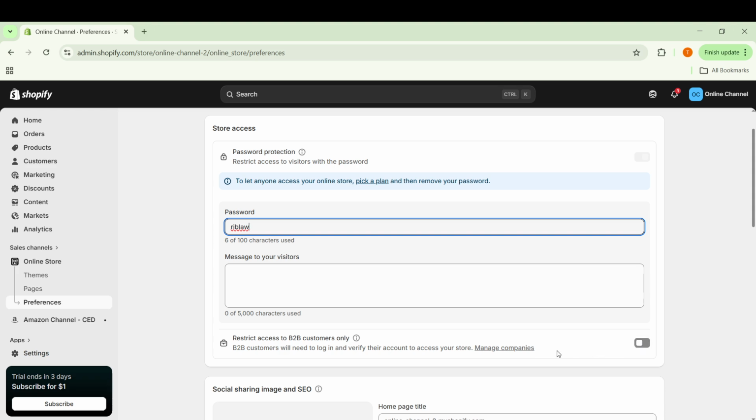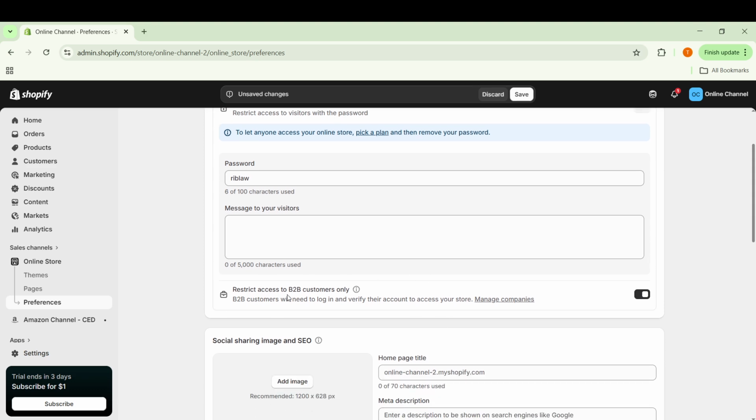In that section, look for the checkbox that says Restrict Access to Visitors with the Password. To remove the password from your Shopify store, uncheck that box. When this box is unchecked, your storefront is no longer gated, and visitors can reach your homepage and browse your